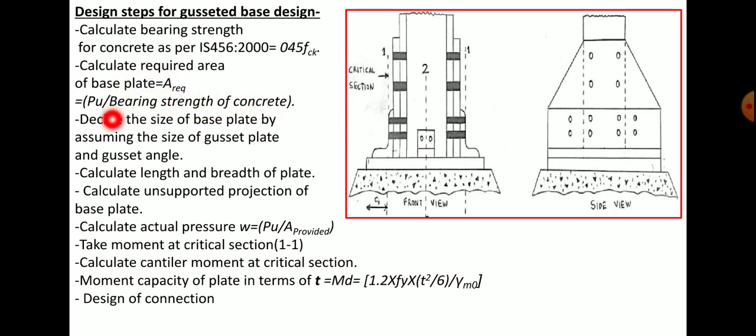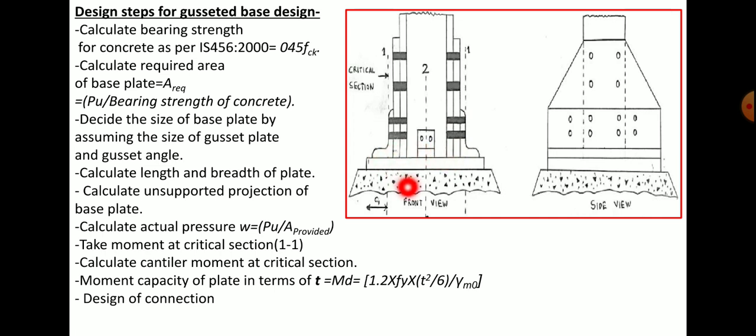Now for deciding the size of base plate, initially you need to assume the thickness of gusset plate and the size of angle section. So usually in order to accommodate the bolts here, we adopt an unequal angle section. So an unequal angle section of 150 by 115 or greater than 150 may also be adopted. We always adopt unequal angle section as 2 bolts or 3 bolts may be accommodated in this particular vertical leg. Therefore unequal angle should be adopted.